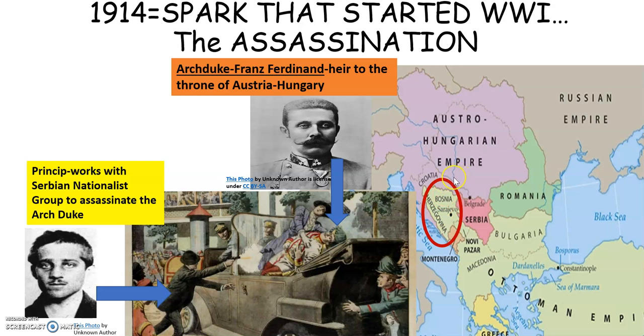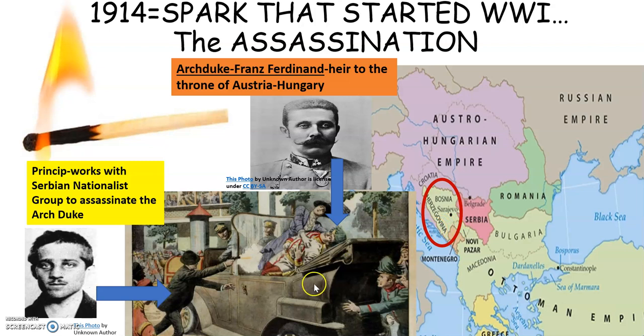This is creating oh so much conflict. So in the Balkans, which is this area here, you've got these people who are all Slavic, and they believe that they should be neutral and that Austria and Hungary should mind their own business, in a sense. And what happens is, since they've annexed Bosnia,